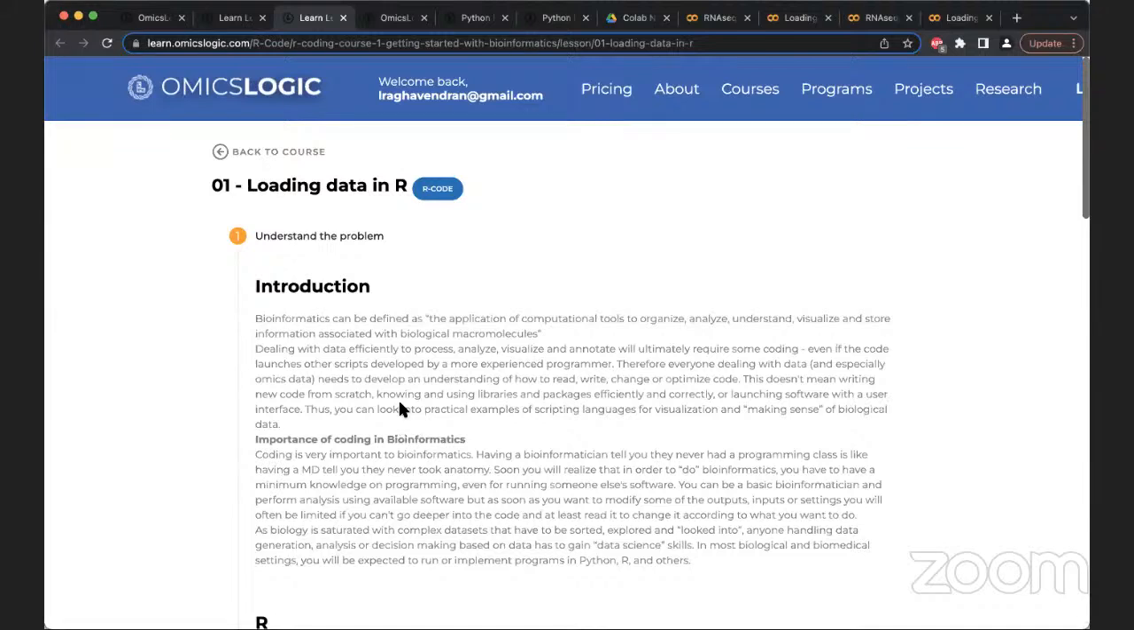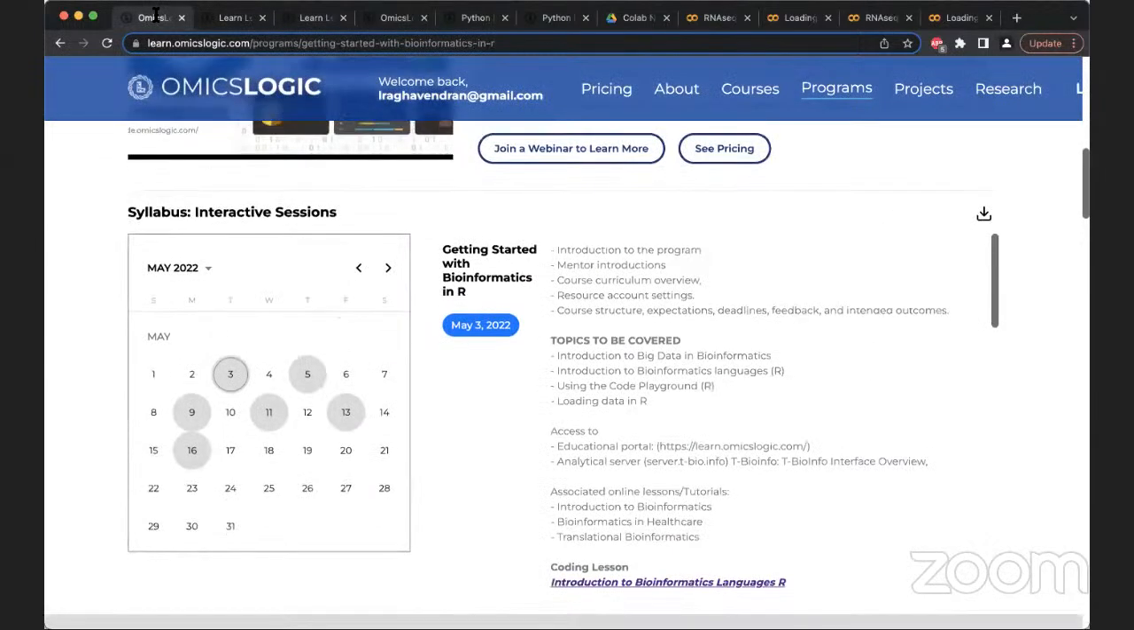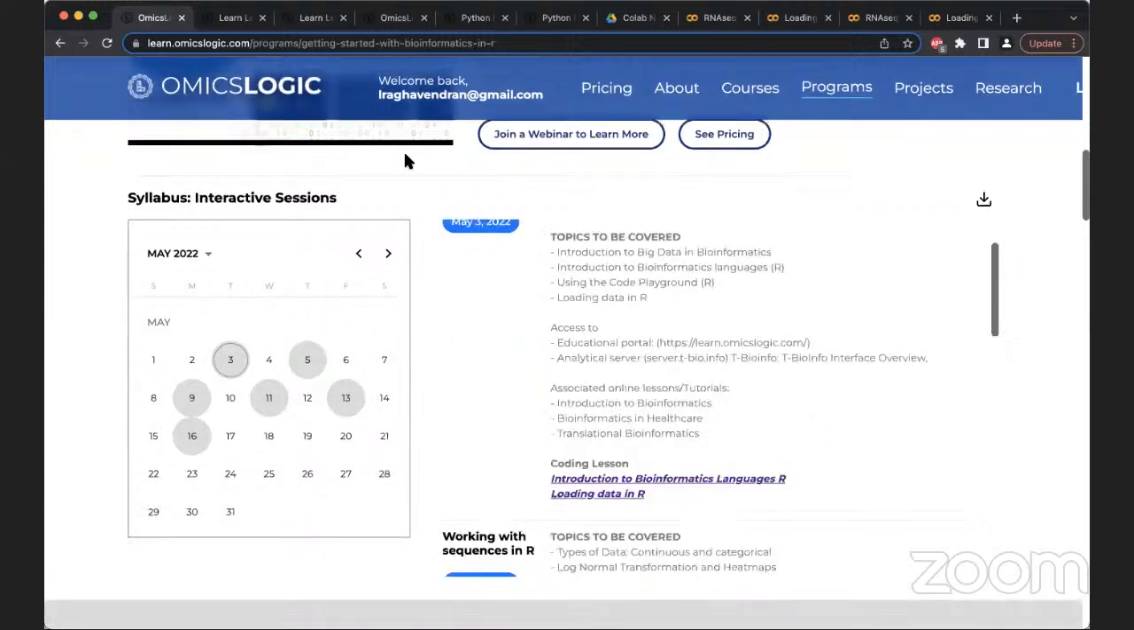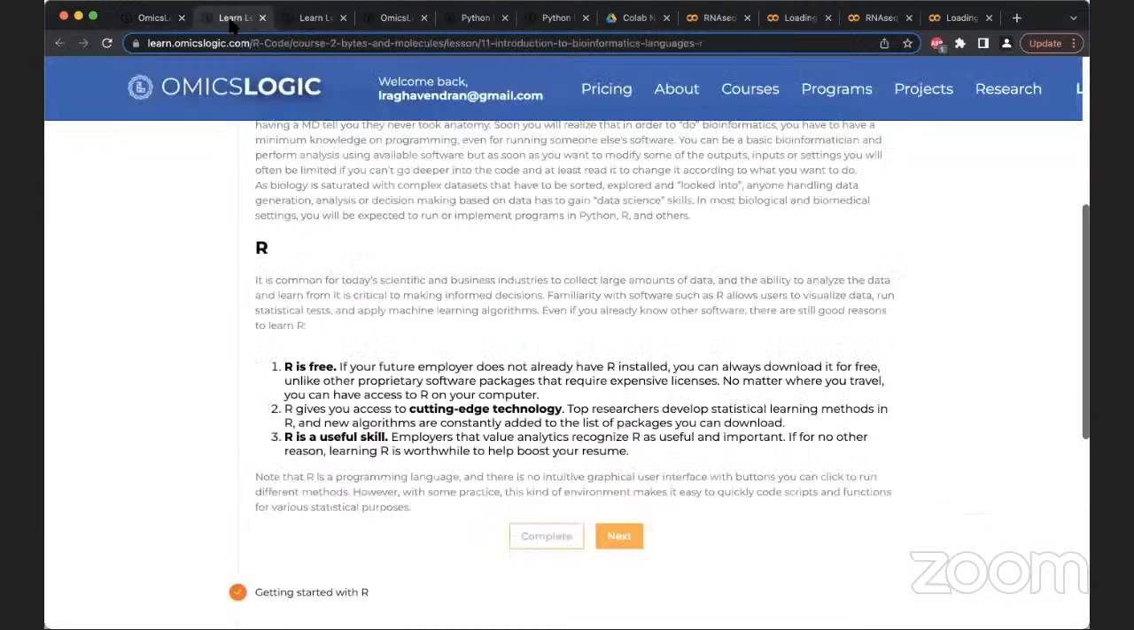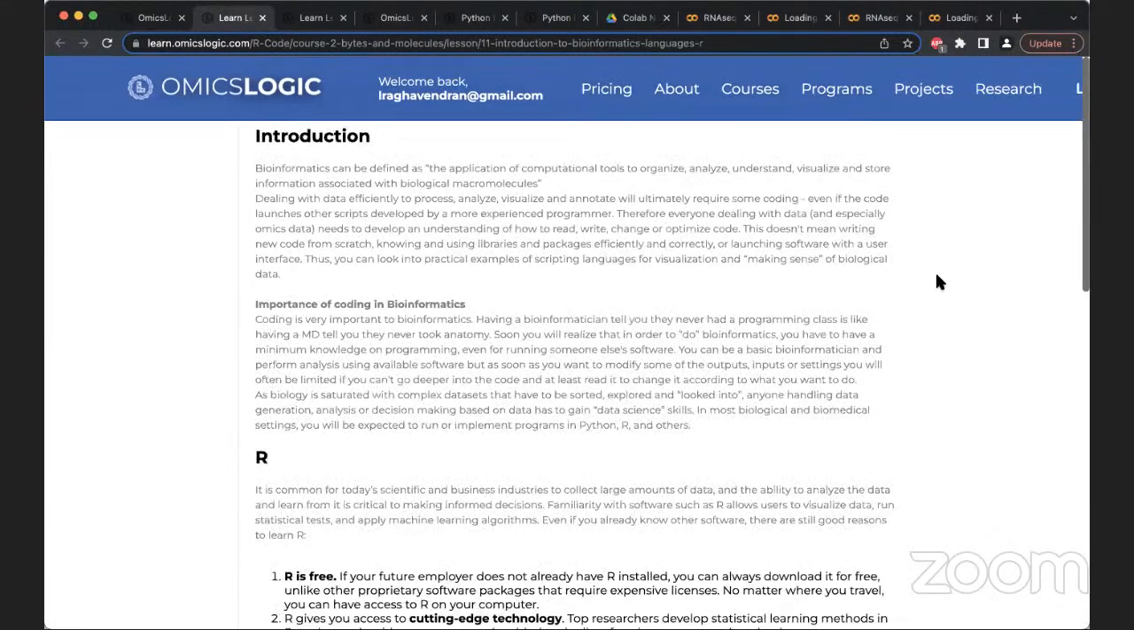So this is one of the associated lessons that you get with your program page. This is where I took it from. These are the associated lessons that we are going to discuss here. If you go to Introduction to R, you will get an introduction to what R is about, and then